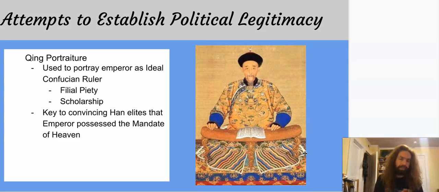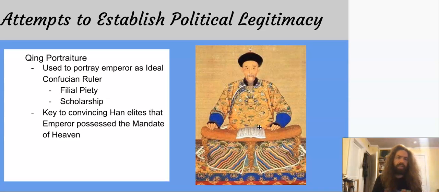and work with them. So here we have an image of one of the Qing emperors, and you can see that he's portraying himself in fancy silk robes with a book open in front of him. And the idea here is to show that they, like Confucius would have recommended, are devoted to study, the study of literature and literacy as a key goal for any